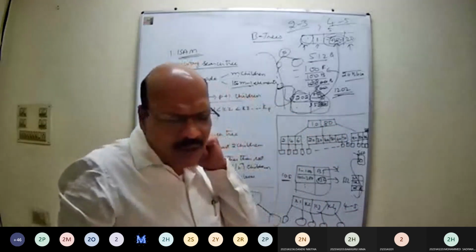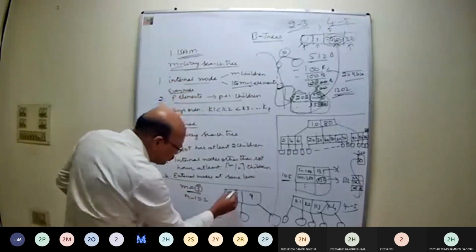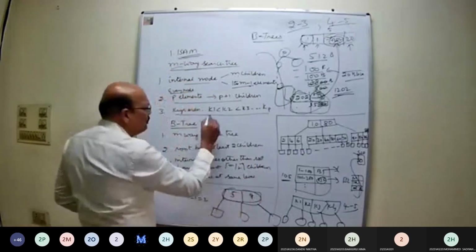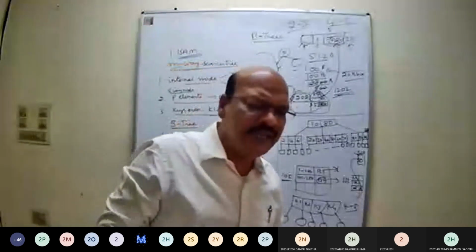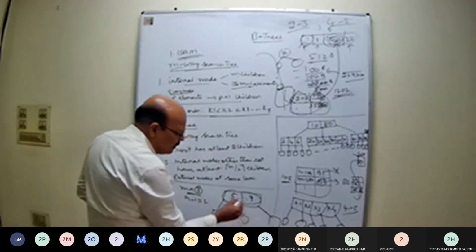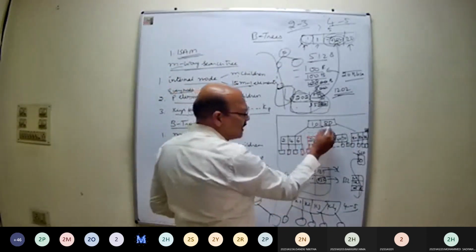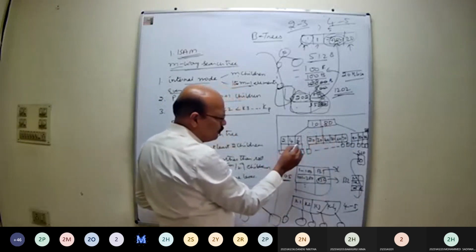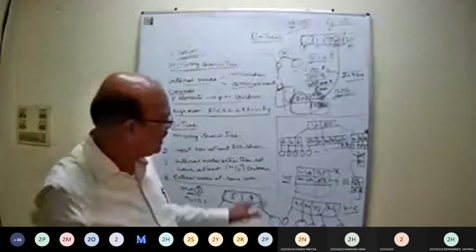Now, all the values you are storing in an internal node should be in sorted order. They should be in ascending order. You have to write it as 5 followed by 9, not 9 followed by 5. You can see here 10 is less than 80, 2 is less than 4. So all these key values,